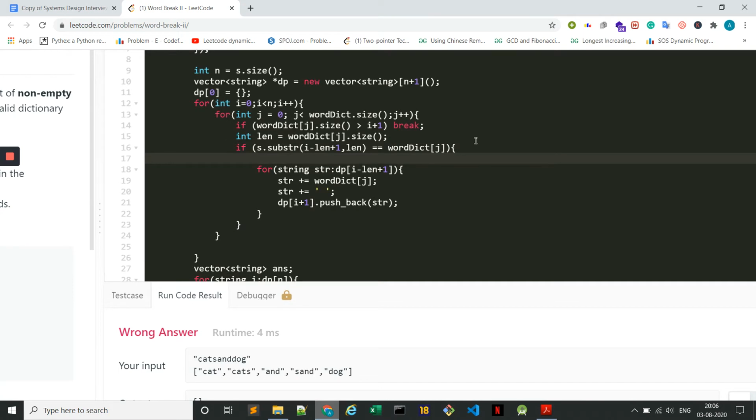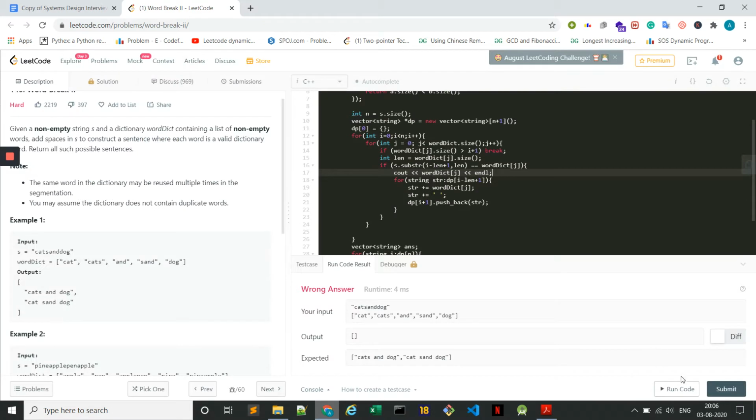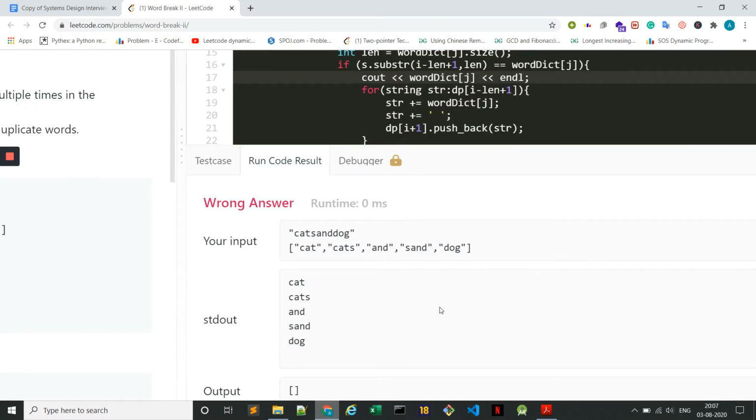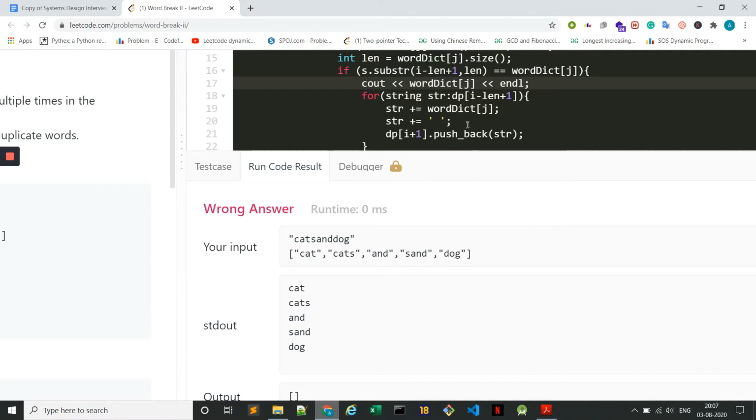So let me just see out all those possible ones which I'm making. Yeah, so at least there is some output. So cat is getting matched. So now in the dp of